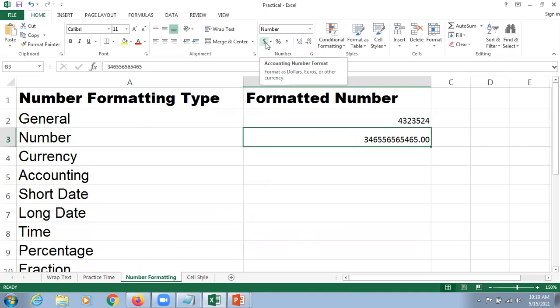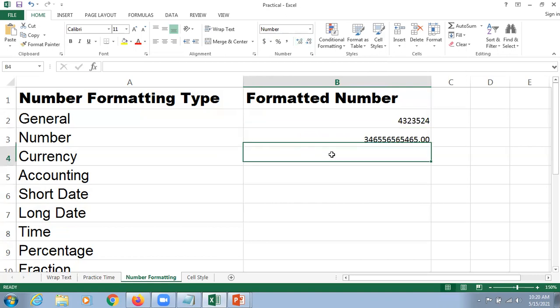Accounting number format, we can discuss each and everything here. Percentage and comma, and this one is increase decimal. If you want to increase the decimal, you can simply click here and the decimal numbers will be increased. If you want to decrease them, you can simply click on decrease decimal and automatically it is going to be decreased. So we just go with the default option, no issues with that.